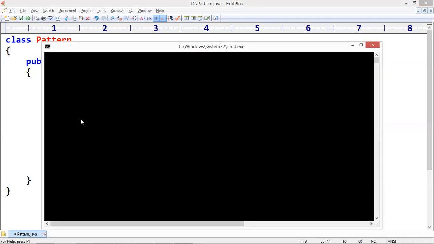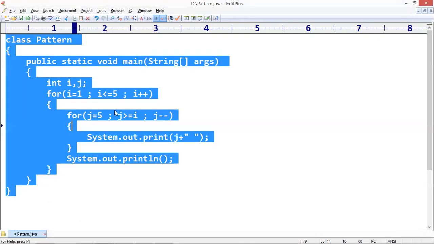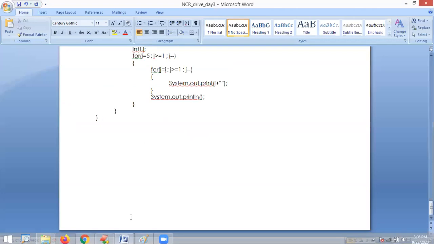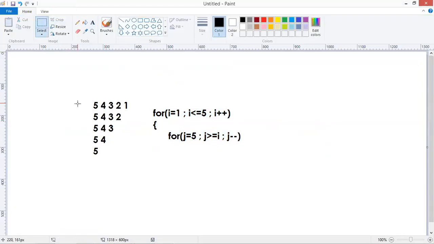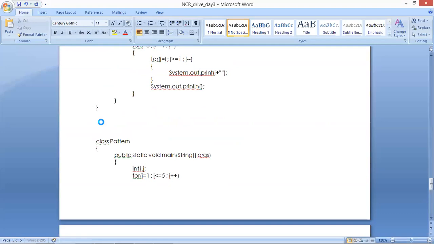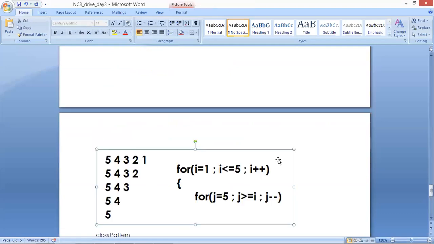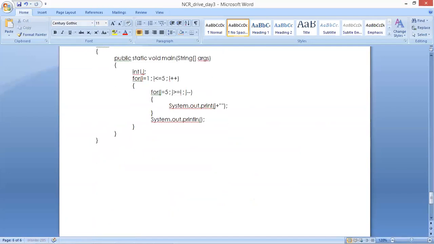When you run this code, you will get the same output. But see here, suppose they are expecting a binary pattern.